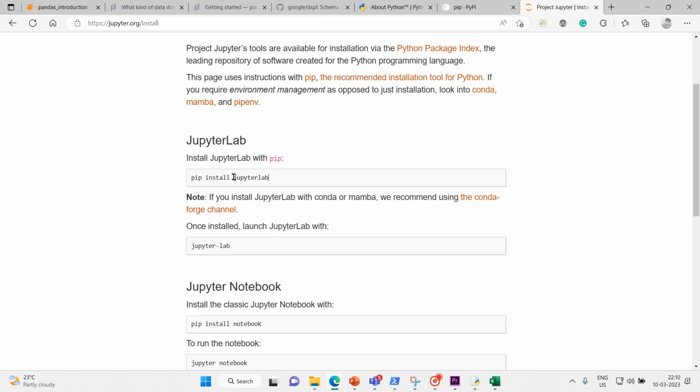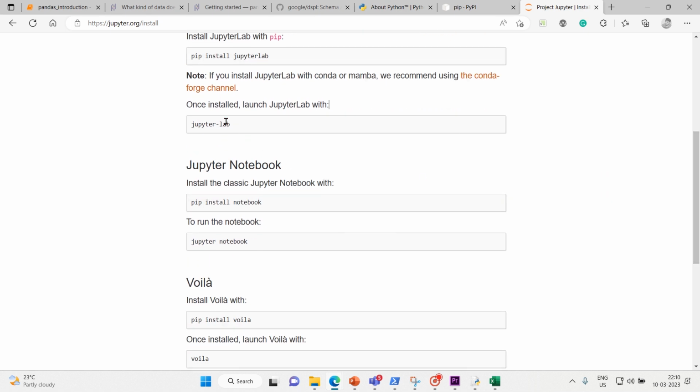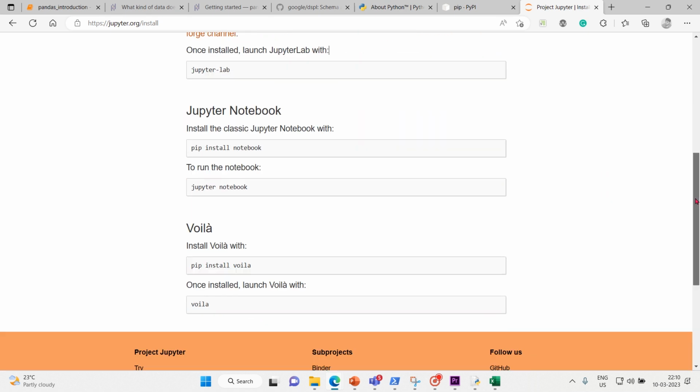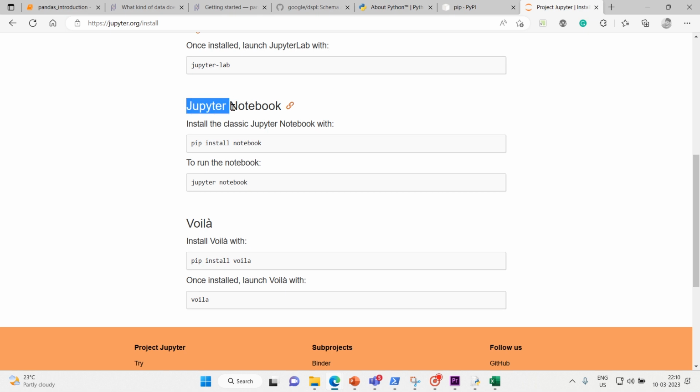We can install Jupyter Lab, but we don't want Jupyter Lab for now. What we are worried about is to install Jupyter Notebook. For that, you have to take the pip install notebook, and to run the notebook, this is what you have to use. But that's okay, we'll see that later. For now, we have to copy this. Let me copy this,